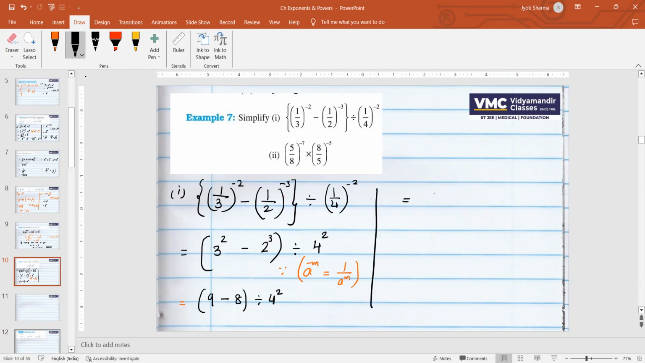This is equal to 9 minus 1, 8 is 1 divided by 4 square. And I can solve now 4 square, and I can write directly in p by q form. It is 1 upon 16. The second part which I have here,